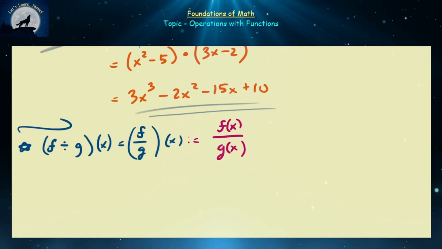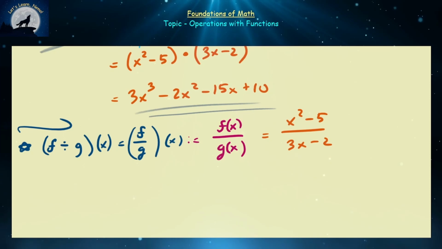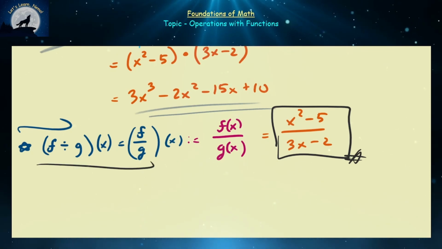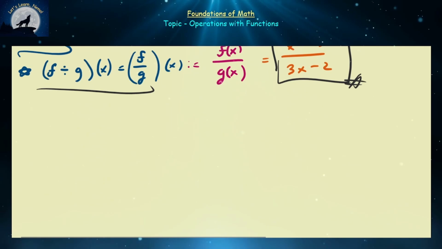over g of x. So for our particular function, that's going to be equal to x squared minus 5 all over 3x minus 2. And depending on how you define simplified, most people will usually accept this as the simplified representation of the quotient of the functions f and g. All right, so those are the main operations of functions, but there's one thing that I want to note before